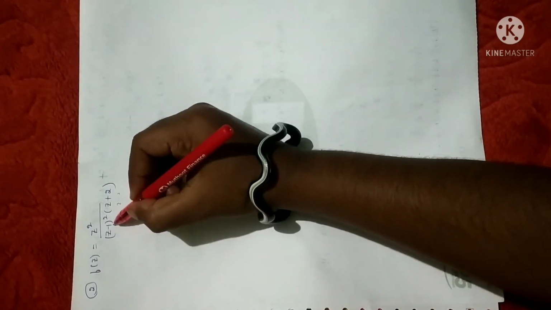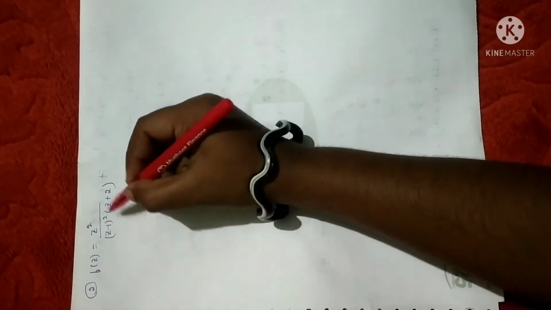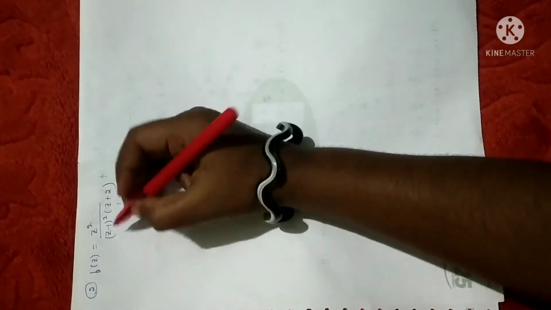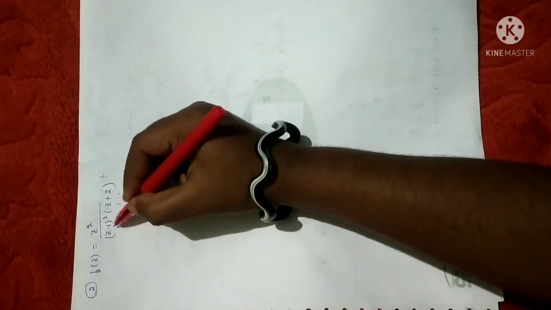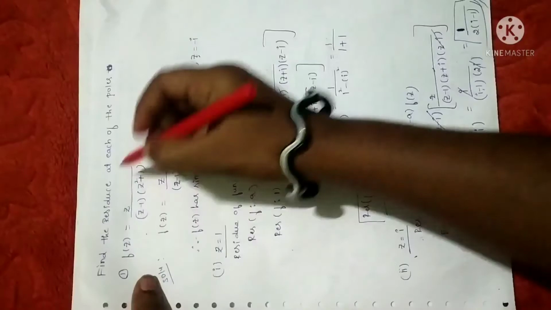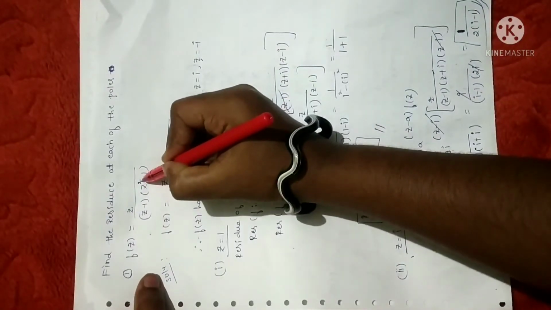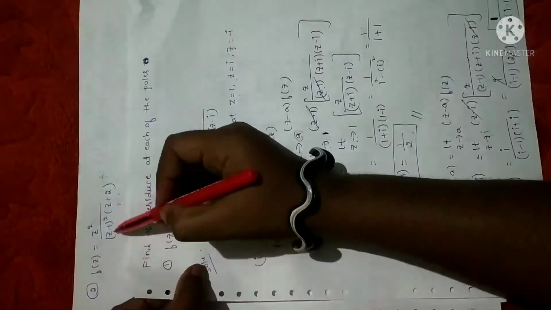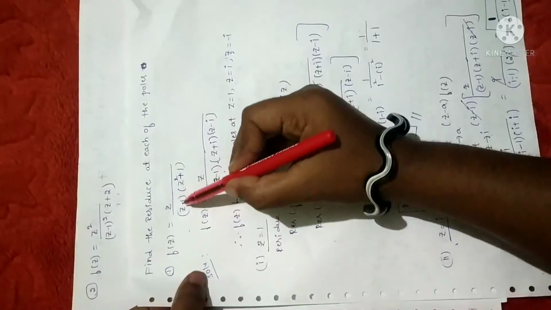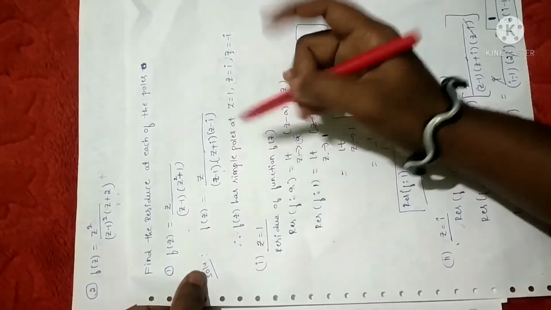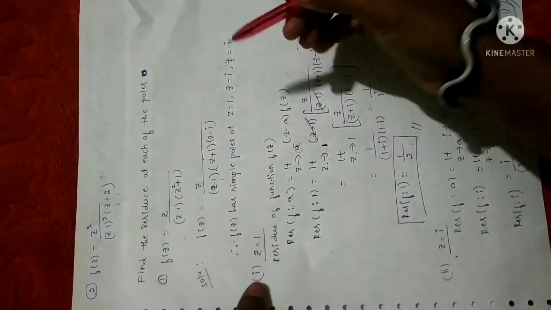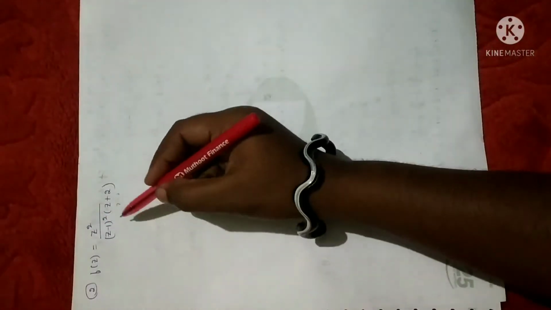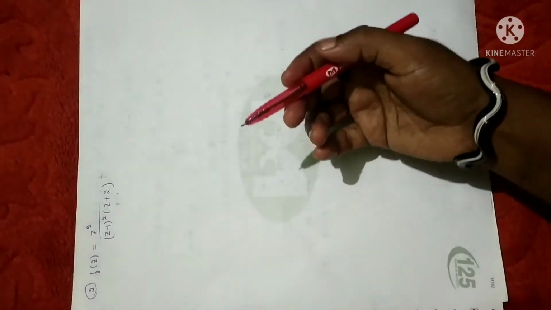Here (z minus 1) whole square you have, so it is multiplicity m, that is 2 times repeating. z is equal to 1, you have to count 2 times. Why? Because you have square here. Look at the first problem that I solved. Here you have only z, but you don't have whole square. But in this problem you have whole square. So in the first problem everything is repeating only one time, so it is a simple pole. Multiple pole means it is repeating more number of times, that is more than one time.